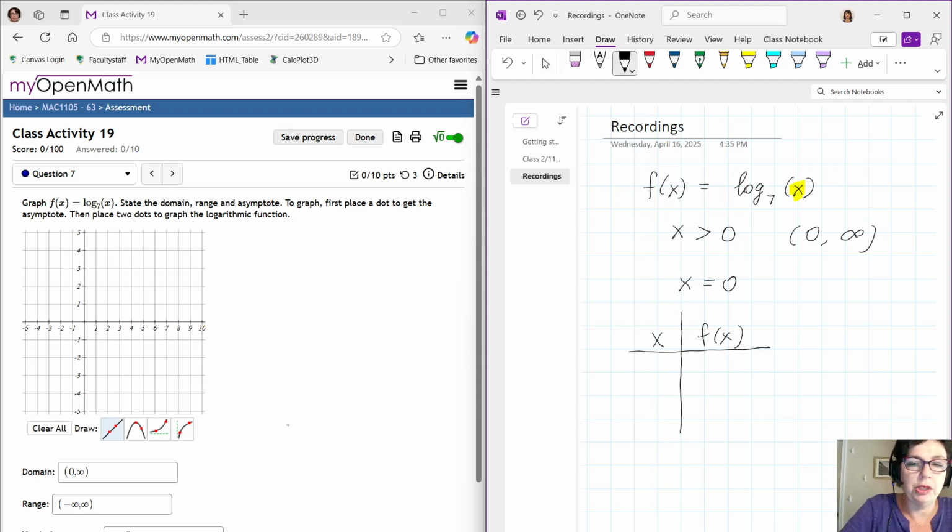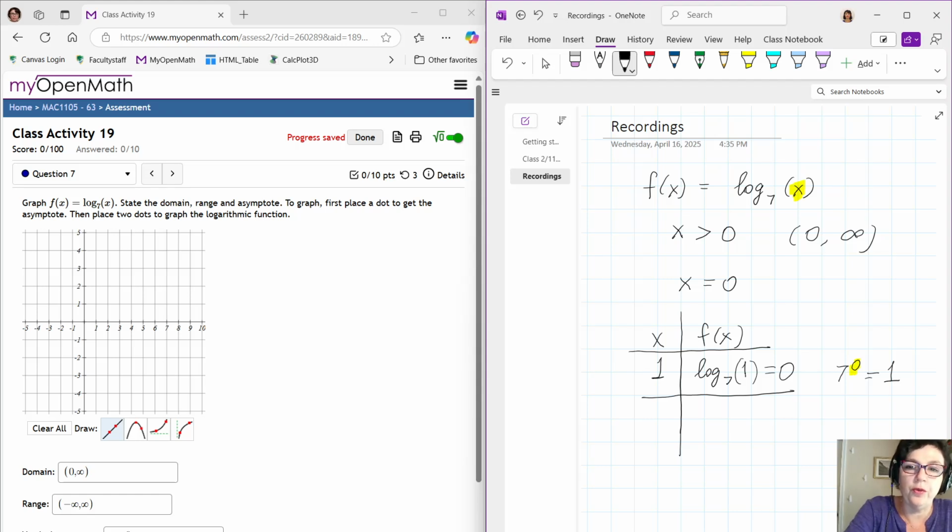I cannot use 0, obviously, because I just told you that log of 0 is undefined. So let's try 1. What is log with base 7 of 1? Well, we are looking for a power that we can raise 7 to and get 1. If you raise 7 to the power 0, that's going to give you 1. So log is the power, and the power is 0. So log of 1, I want you to remember, regardless of the base, is always going to be 0. So we already found 1 point, 1, 0.